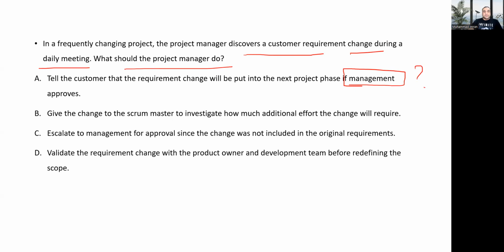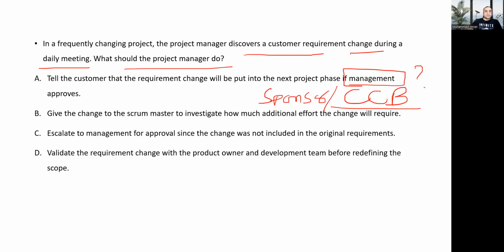If you're saying no, then who approves the change? How can the team approve the change? The change control board can approve the change, or the sponsor directly can approve the change,